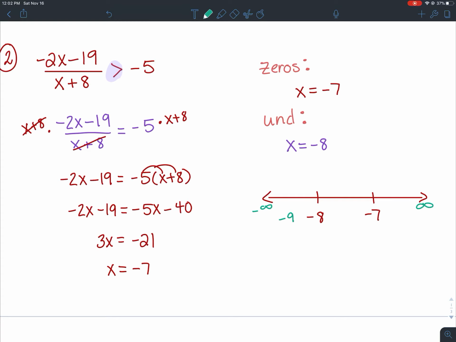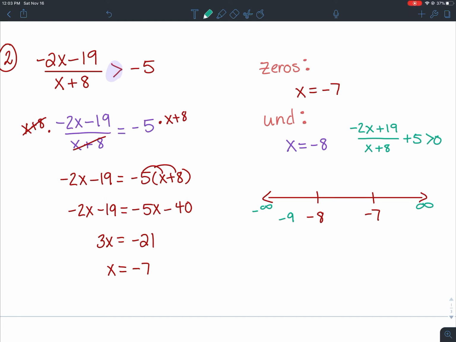Okay. I'm going to move over the 5 to make this easier. Negative 2x plus 19 over x plus 8 plus 5 is greater than 0. Okay, if I plug in negative 9,